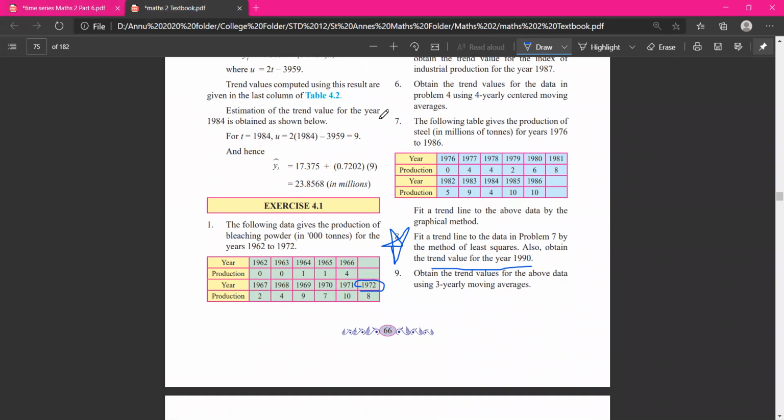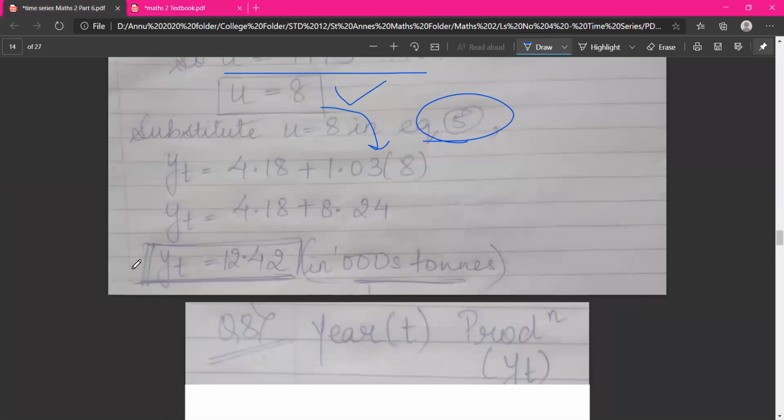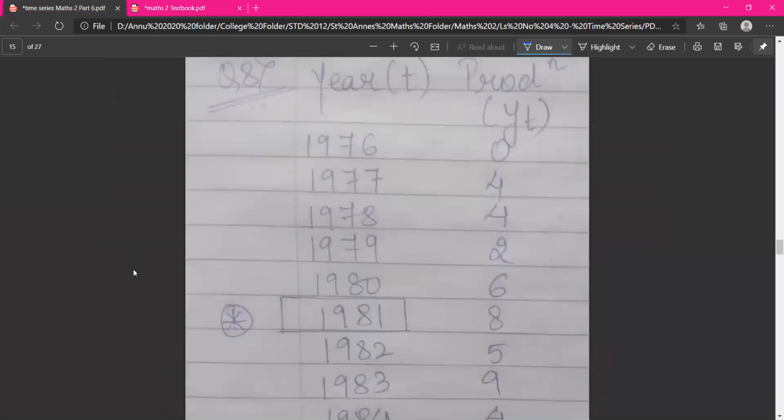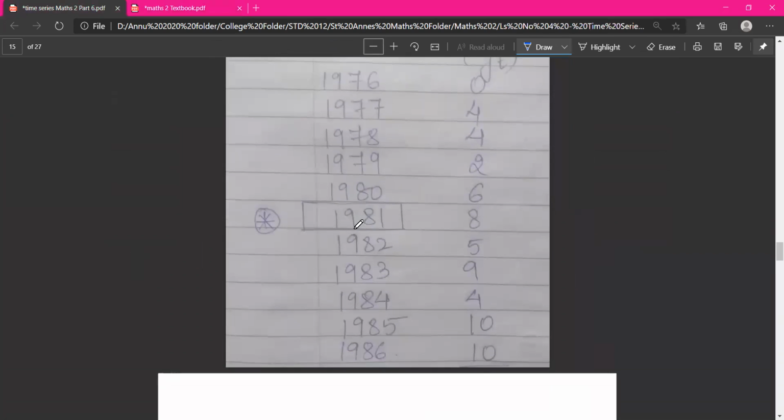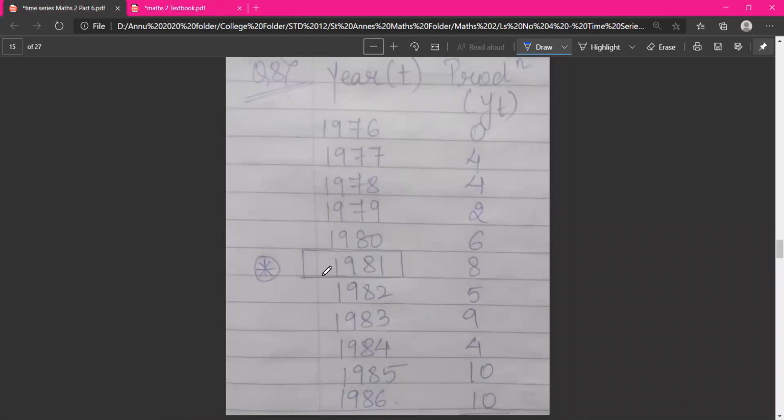Okay, so as you can see, 6 years above, 5 years below, total again 11 years. N is odd. Okay, so I have named the first part as T and the other part as YT. So if it is 11 years, I can find the mid value of T, the middle T value, which is 1981. So now class, below the first table I made the first two columns. After that I am doing the working. As you can see, n is equal to 11, which is odd.